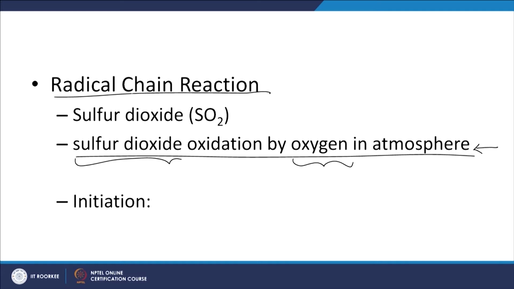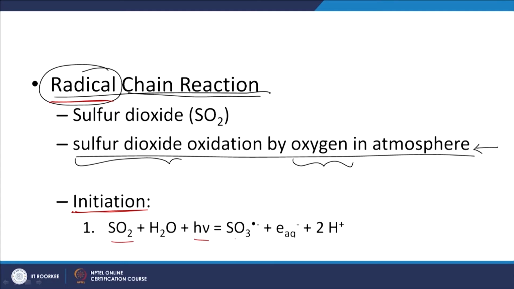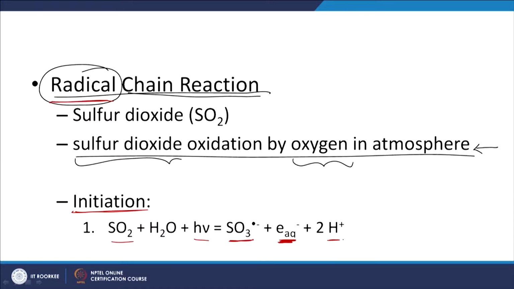So we are going to have a reaction leading to formation of your particular radical. So you are going to have radical formation. Usually we call this step the initiation reaction, right. Again we are talking about atmospheric chemistry here. So let us look at the relevant reaction. Sulfur dioxide in the presence of UV light, I believe, can form the sulfite anion radical and release an aqueous electron, which has a relatively short half-life. This is obviously a strong reducing agent, and there is H plus here.